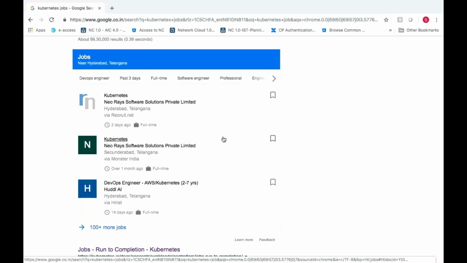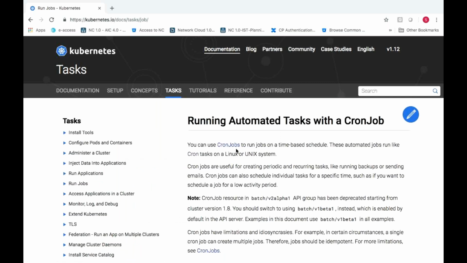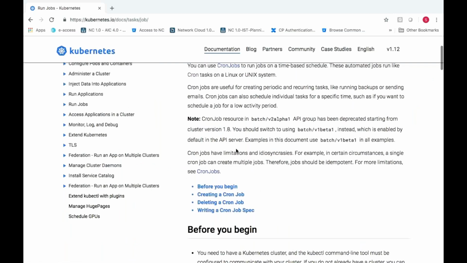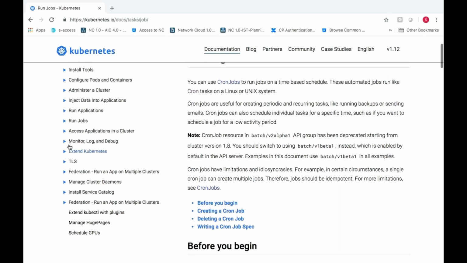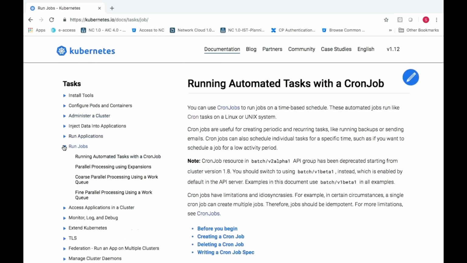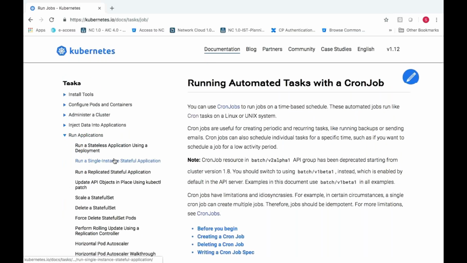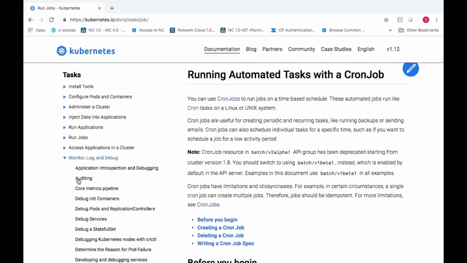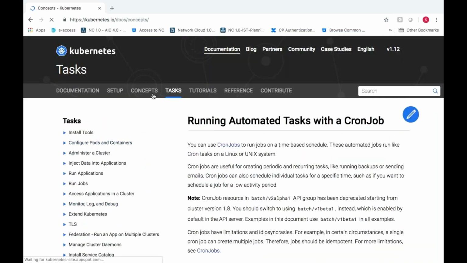Secunderabad, Hyderabad. It's okay. Not this. Hmm. Concepts.